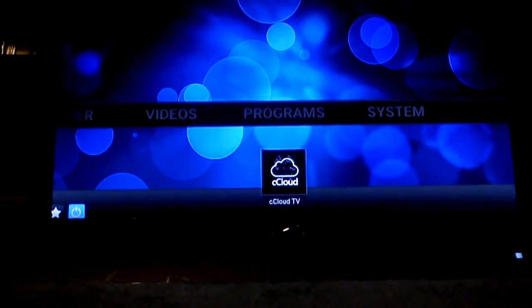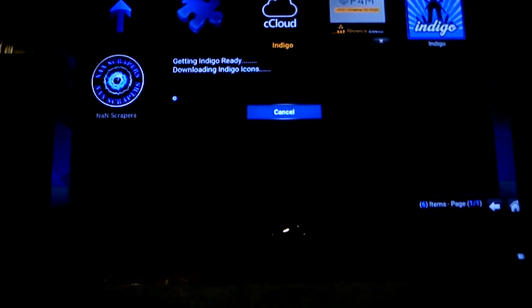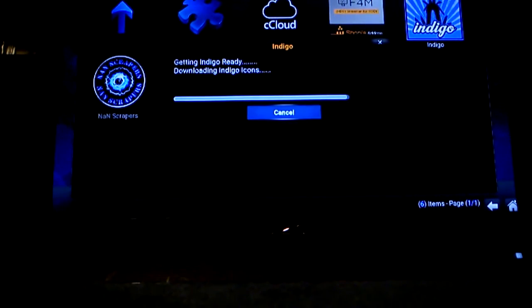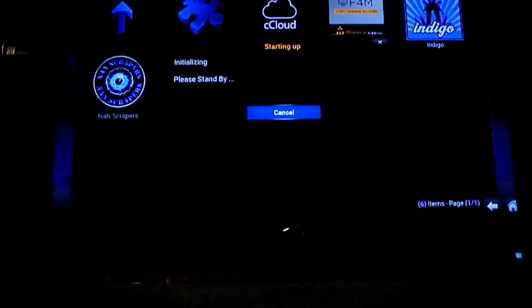In programs, you'll have to download Axle Downloader also. That's a key add-on that makes other add-ons work and get more links. And we saw C Cloud TV, there's Live TV. F4M kind of just helps out. Indigo, I usually don't, this is the guy that they ran out of business and now he's back in business. But there's no controversial third-party add-ons in here. All I really use this for is